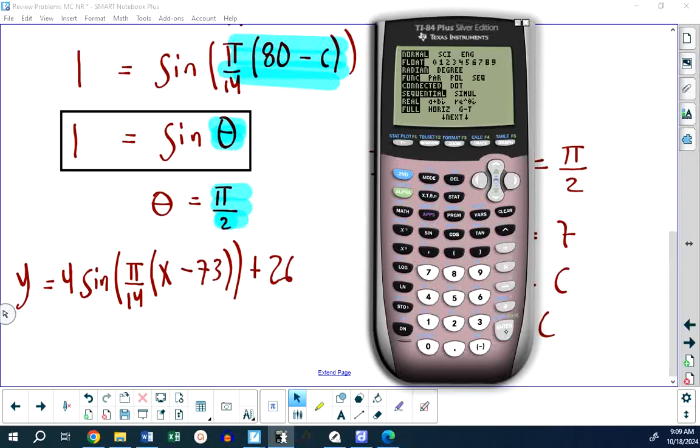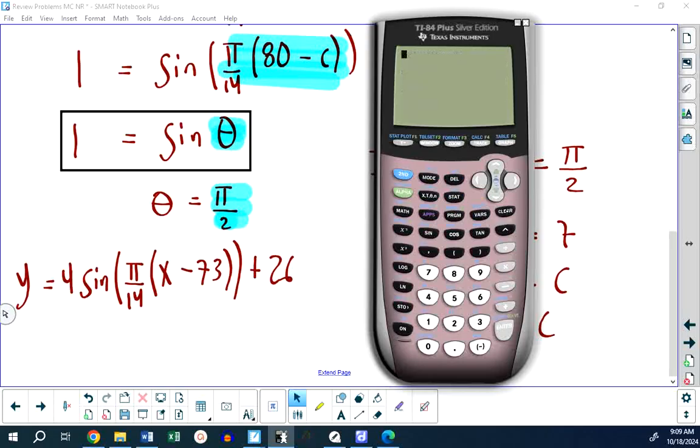You don't have to look at the graph here. You certainly can. But from your home screen, you can just calculate what the y-coordinate is when x is 0 in radian mode, because of that pi over 14. So 4 sine,